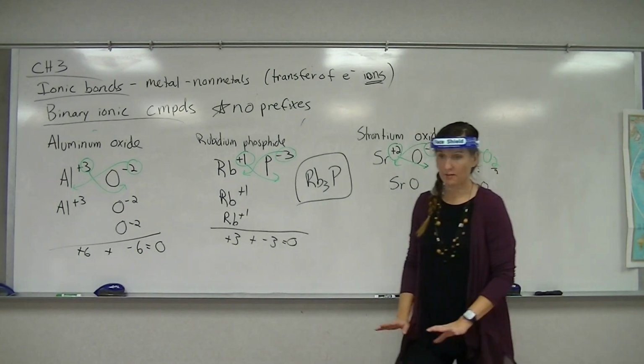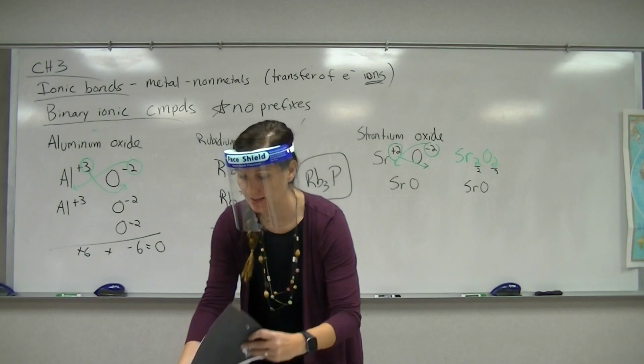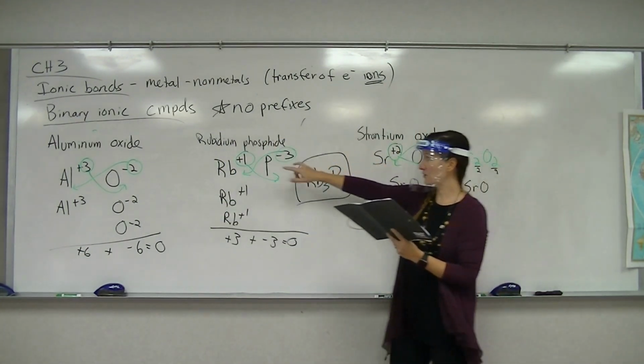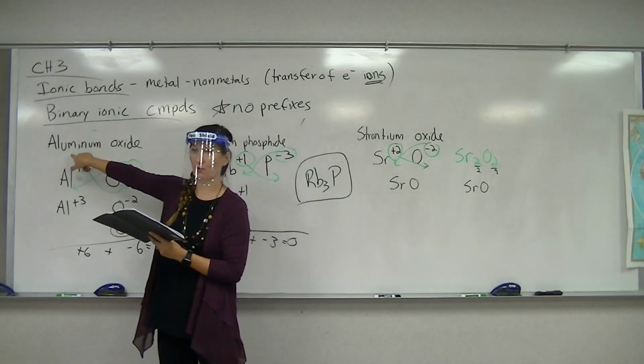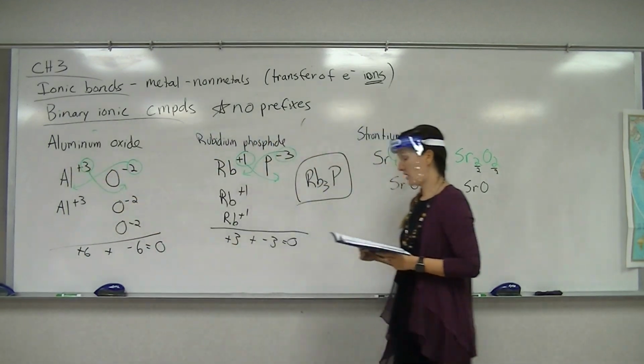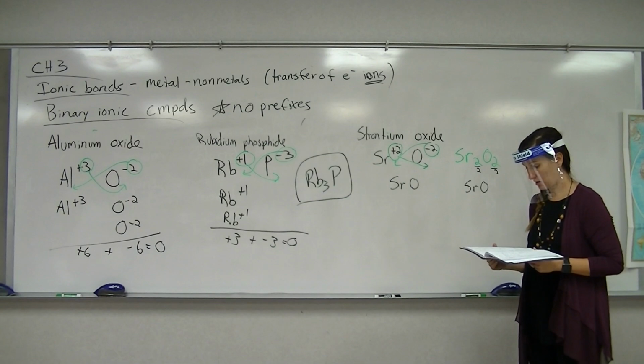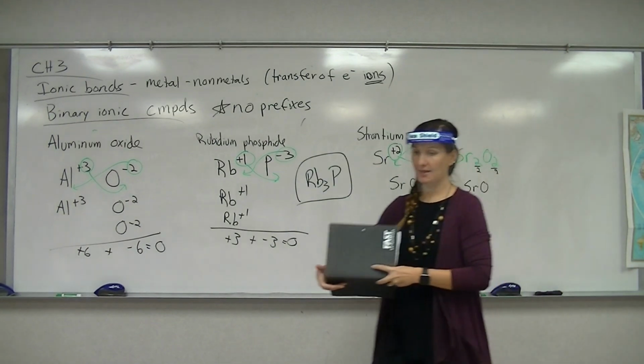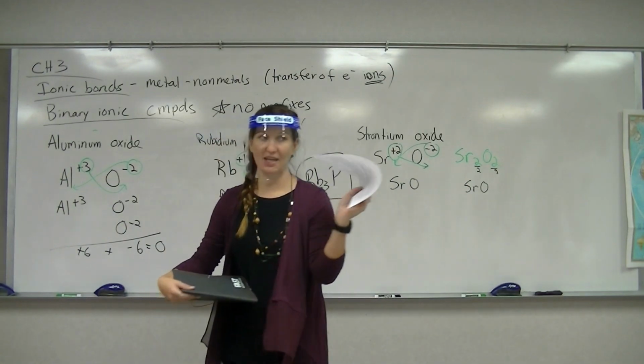So, it's actually a good spot to end because we've covered ionic with main group metals. Notice all the metals we've looked at are the main group, the representative elements, with nonmetals. So when we come back on Wednesday, what we're going to do is we're going to add polyatomics into the mix. And that is where we're going to need our polyatomic tables, which is the second